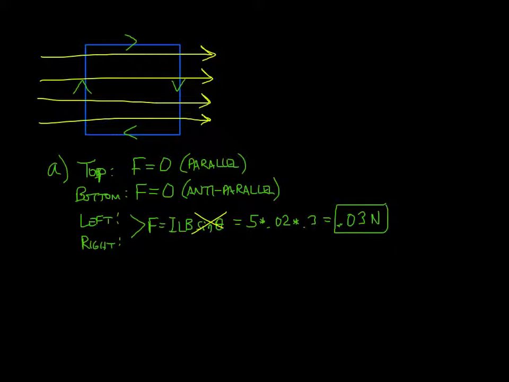What's different is the direction, because for the left side of the wire, if you put your fingers in the direction of the current, which is upward, and turn your hand so that your fingers can curl toward the right, which is the direction of the magnetic field, you see that your thumb is pointing into the page. But on the right side of the wire, if you put your fingers in the direction of the current, which is downward toward the bottom of the page, and curl them in the direction of the magnetic field, your thumb is then pointing out of the page. So the left side of the wire goes into the page, and the right side of the wire goes out